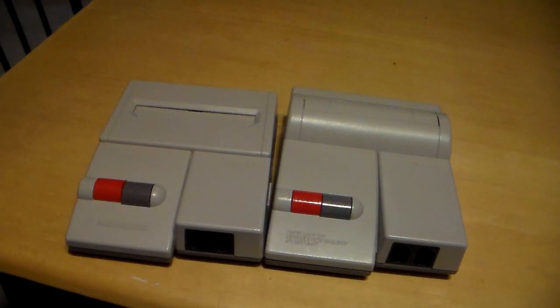I'll let you guys take a guess. Which system do you think doesn't work? You're probably guessing the AV Famicom, right? No, it's actually the Toploader. Because, well, I tried doing an AV mod on this and,